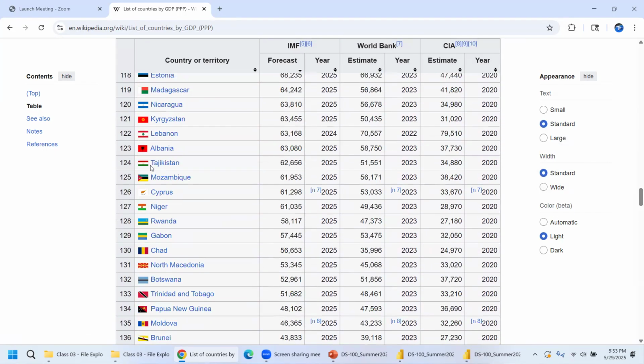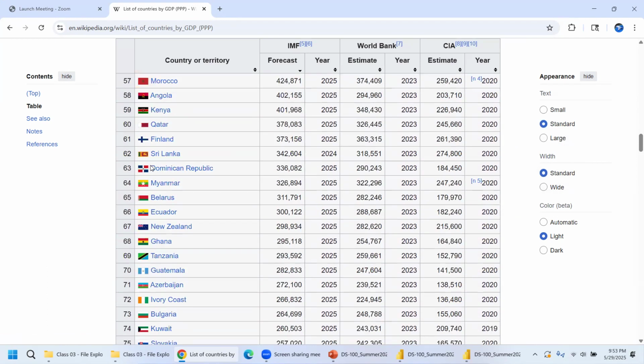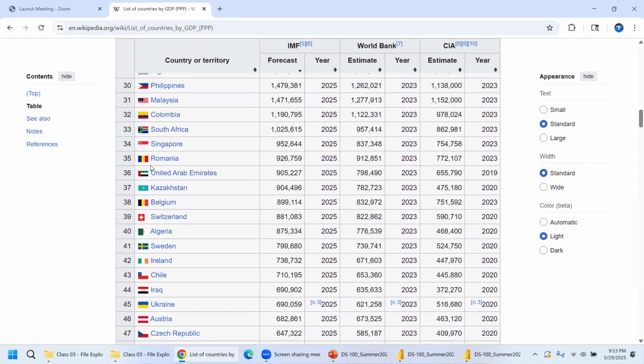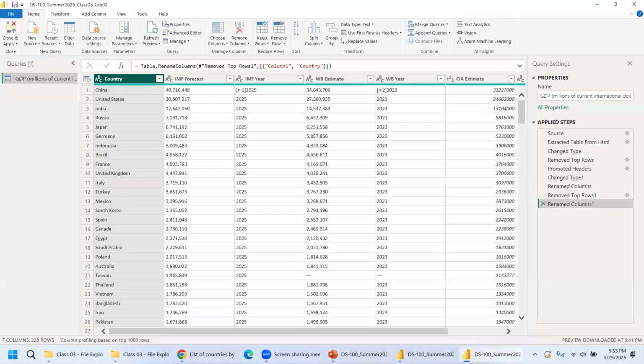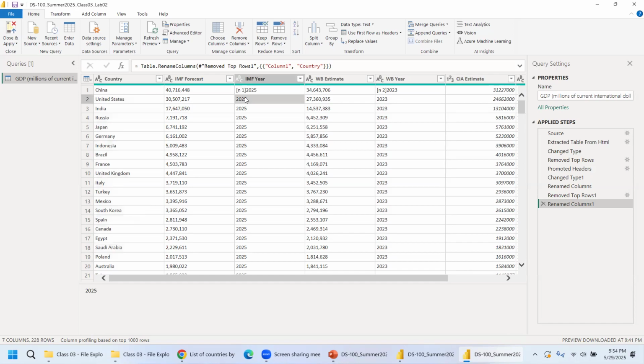Because this table got directly translated into Power BI, it took all the stuff that is in the table. So the N2 link didn't get transferred over, but N-1 is here. So this is not the same as 2025. It is different. So what we're going to do is right click and say